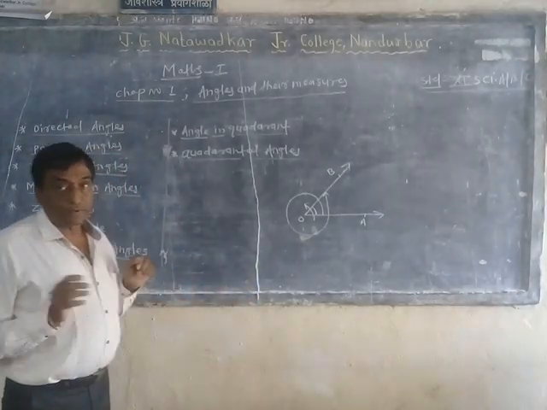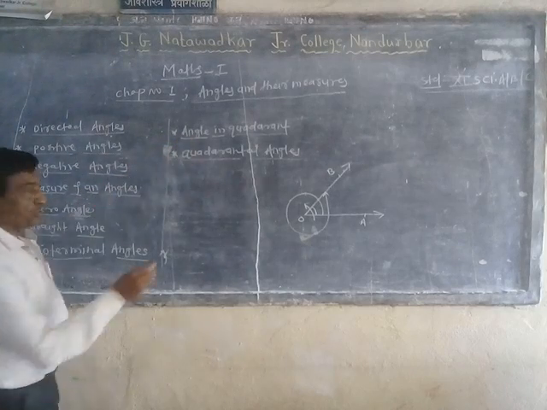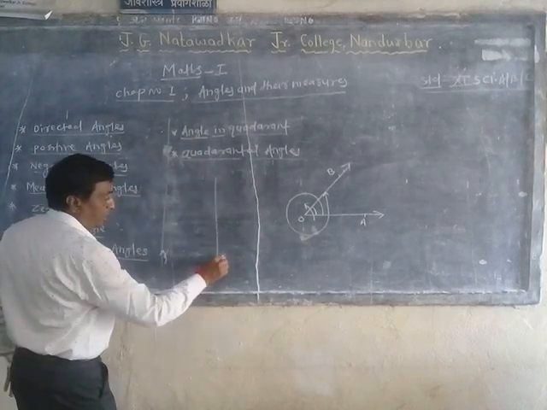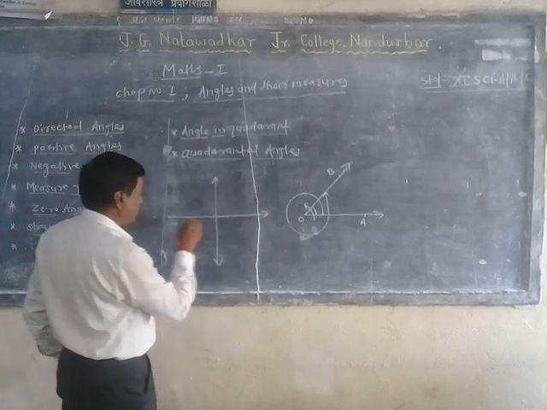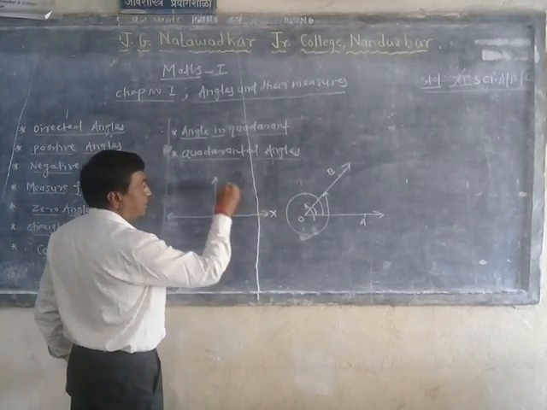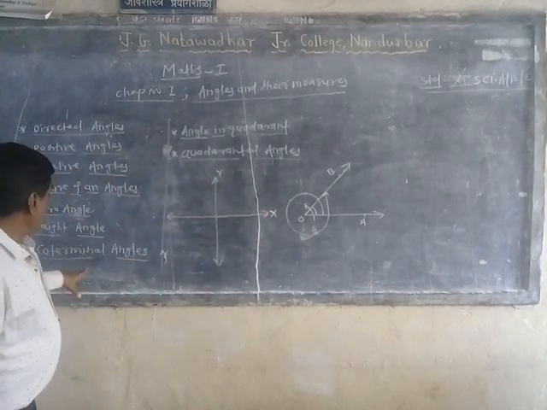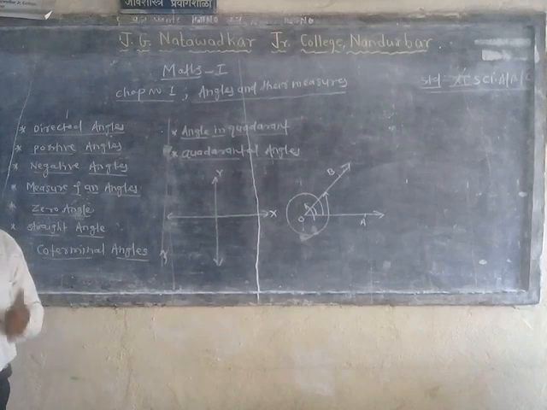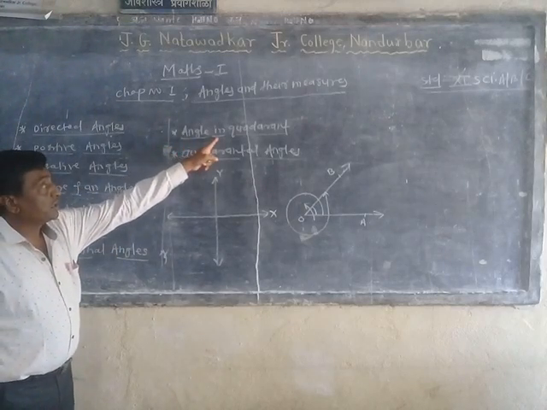Okay. Now after this, the next point is the angle in the quadrant. So you know, friends, the coordinate system is related to the x-axis and y-axis. Suppose this horizontal line is the x-axis and this vertical line is the y-axis. First I want to say what is meant by the standard angle, and then I will go to the angle in the quadrant.